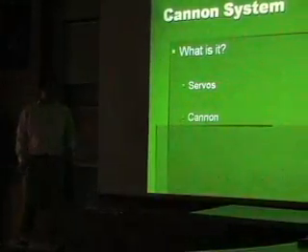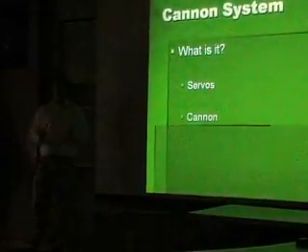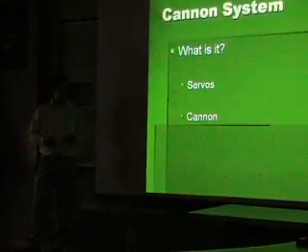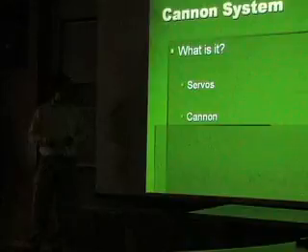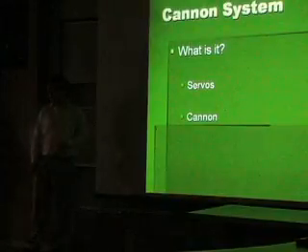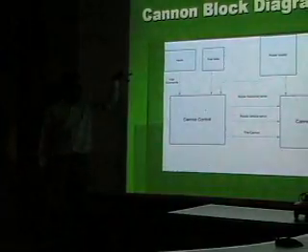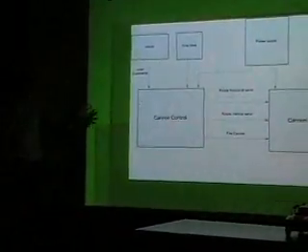Okay, so if you're wondering what the cannon system is, it's basically just two things. It's just some servos and a cannon. We interface with it, but it's a pretty simple system looking at it from a high level. So you see here, there's some inputs that the user gives. It goes to the cannon control, which is going to be done through the PIC. It's going to tell the cannon